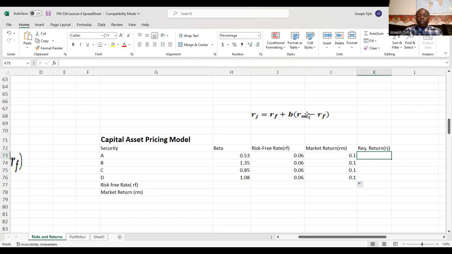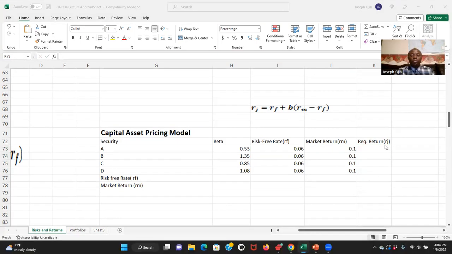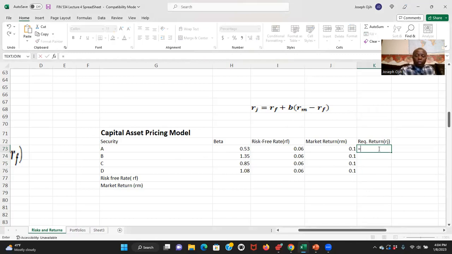Then we can use this formula to calculate the expected return, the required rate of return, on all these stocks. I hope you are paying attention. Remember, before you do any calculation in Excel, put the equal sign first. So equal risk-free rate, which is RF, is this here, plus beta, times